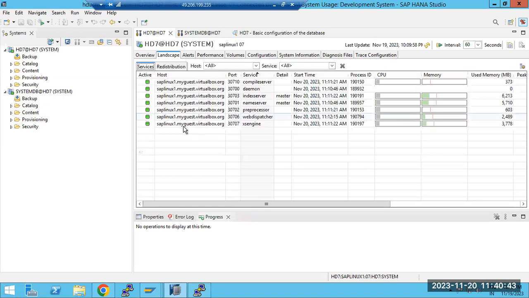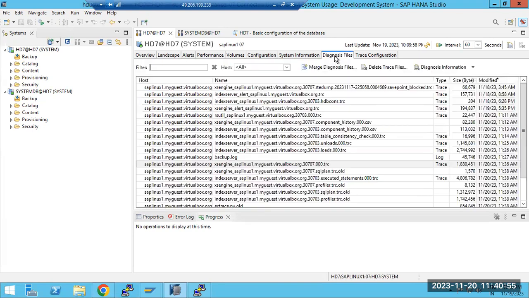They are the family members. Then you need to check what is happening with my index server, name server, P process. Something is down, something is restarted. You need to check the logs: why it got restarted, why the system is slow. So all these things are available here, right? By default, something is available, something we can find out from here. Even though, if the logs are not enough,